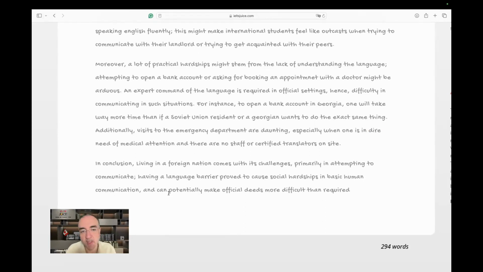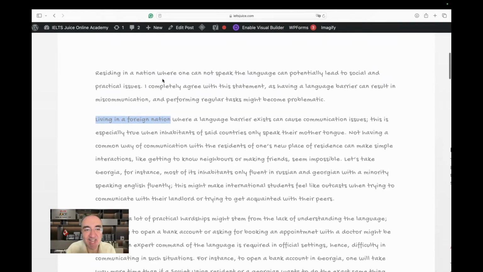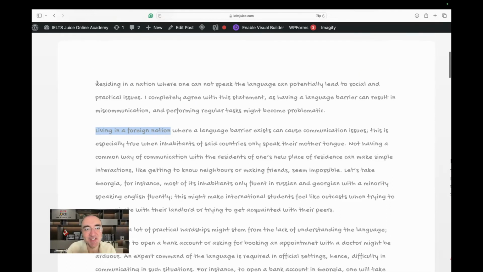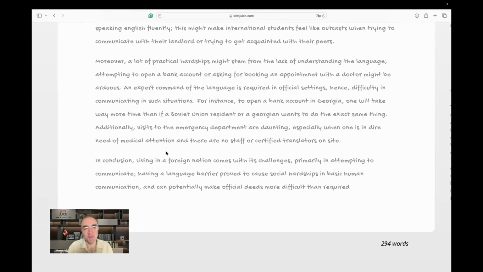In conclusion, living in a foreign nation. It's the third time: living in a foreign nation, these exact same words, and residing in a nation where. Three times the same message is written in the same structure. It's rather repetitive. Hey, it's not a big deal, but it will affect your coherence and cohesion for the higher scores. Anyway, living in a foreign nation comes with its challenges,